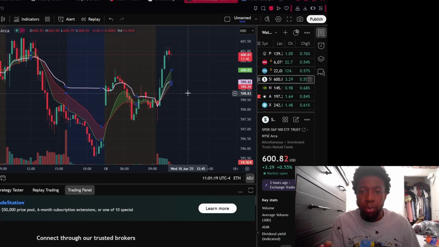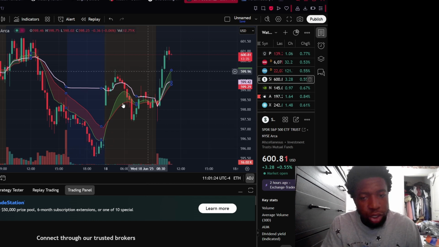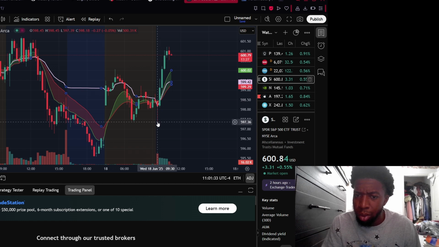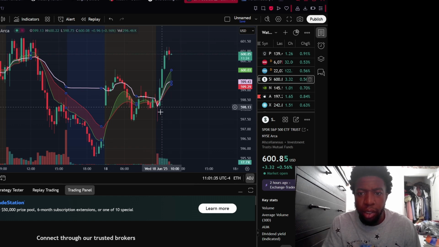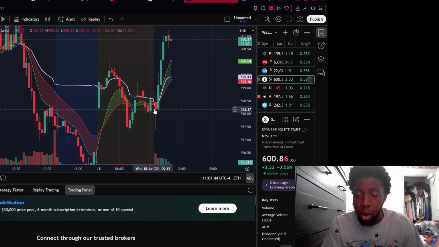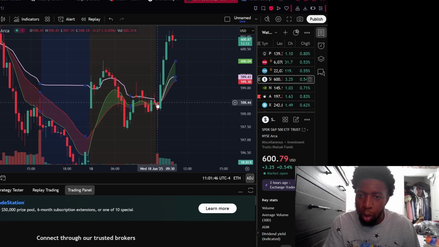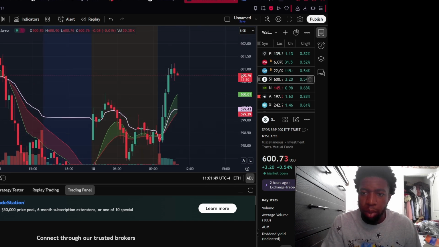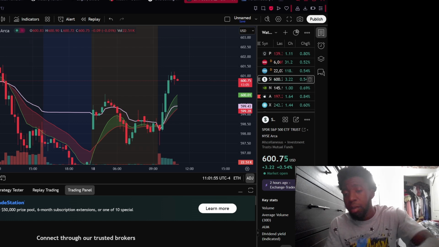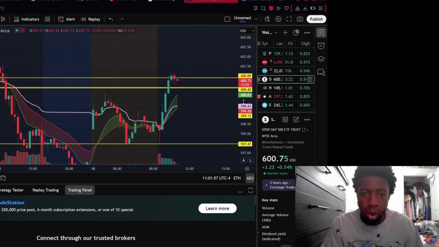Let's look at SPY without any indicators real quick. So let's just look at pre-market, post-market a little bit. I would say this is a higher high, a higher low, an equal low, and then a higher high. So I would say SPY is bullish, especially on the 15-minute. We also see that on opening there's an engulfing candle sitting around my VWAP, and my EMA cloud is green.